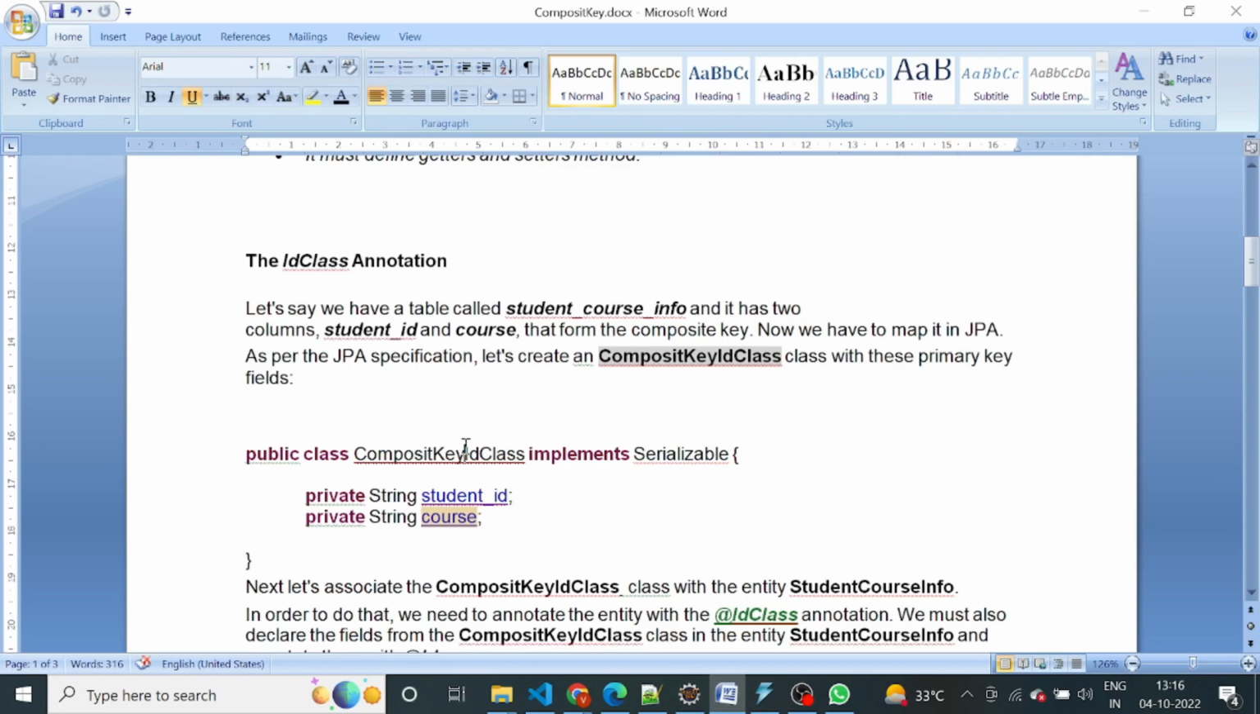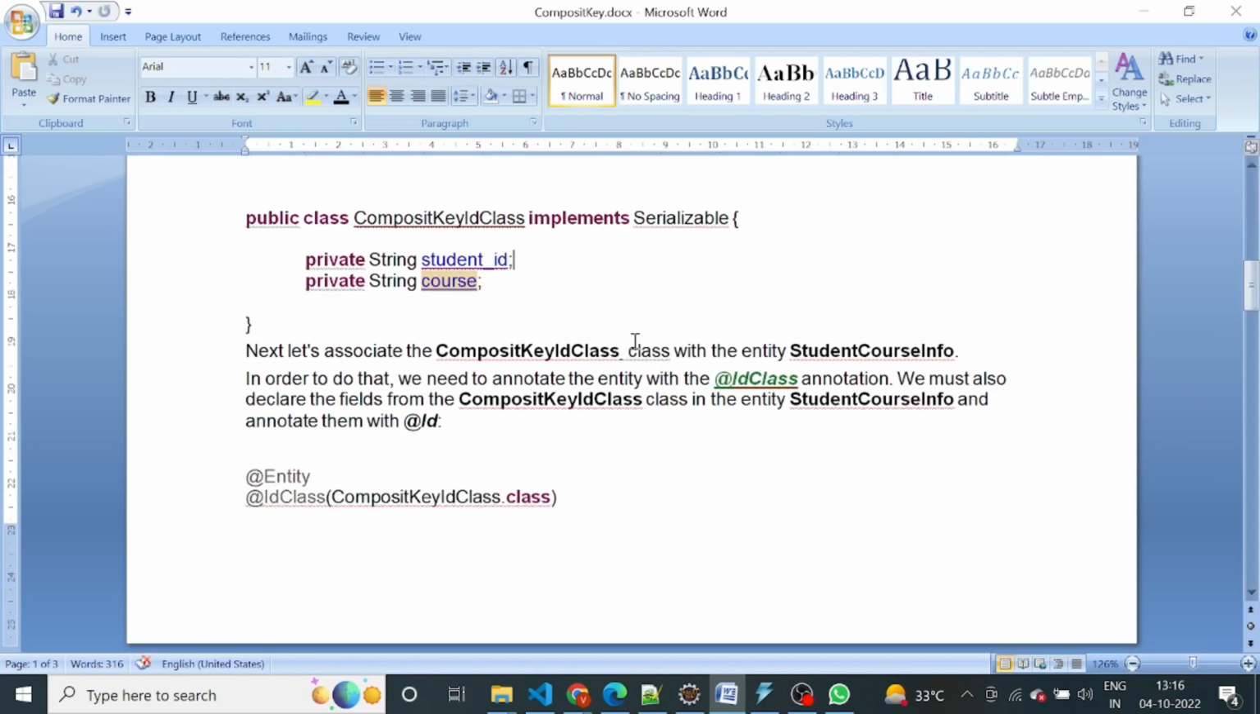So here it is saying that if we want to define any composite key, then first we need to create one bean, and this bean must implement the Serializable interface, and then define these two variables, meaning the column names which combine to make the composite key. And next, associate the composite key ID class with the entity StudentCourseInfo. So, first